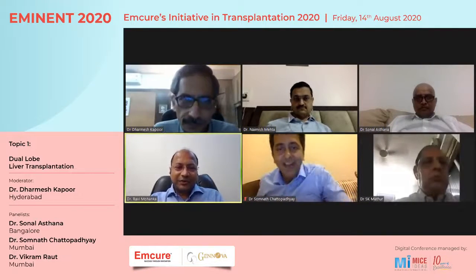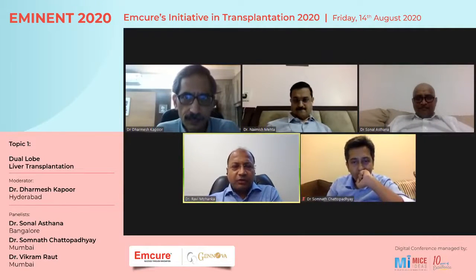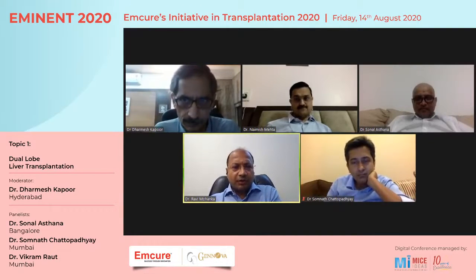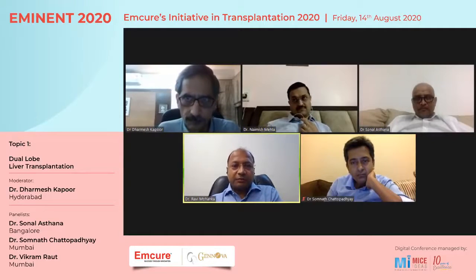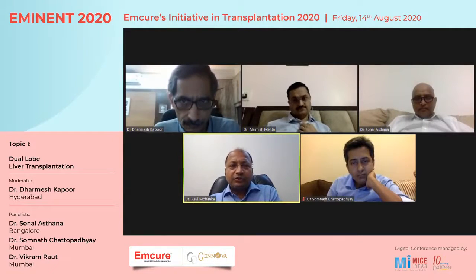Yeah, I have a quick question. I was wondering, why would Asan do simultaneous reperfusion? Is it because they do more of fully clamping the cava technique, or because your technique is possible, sequential is possible only if you don't fully clamp the cava? Simultaneous reperfusion will probably be a little faster, but you'll have to clamp the full cava. So what do you think? And the second question is, why is it that Asan prefers doing dual lobes much more than doing shunts, which is not the preference of other centers?